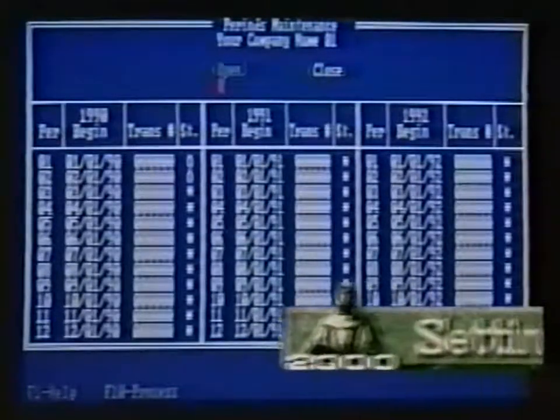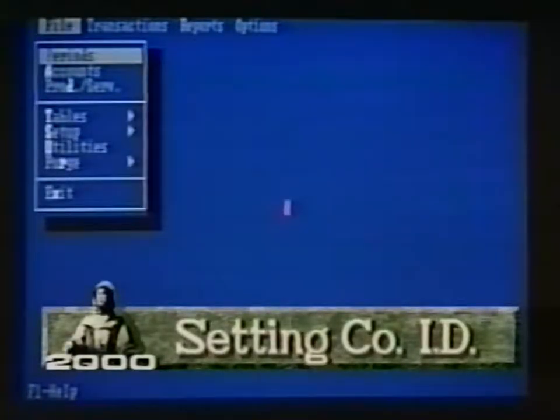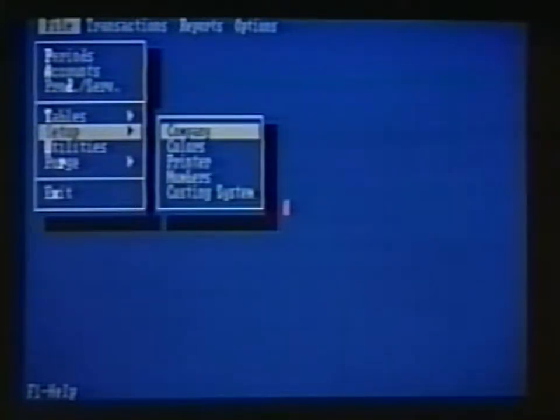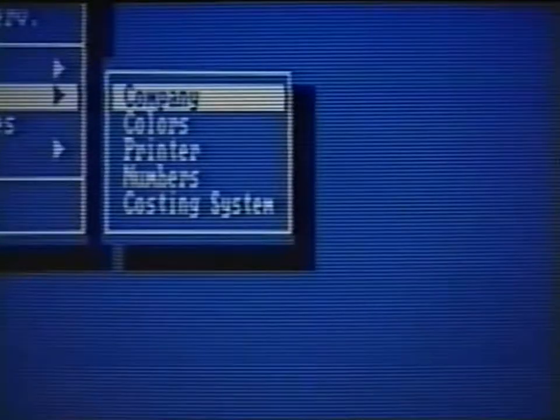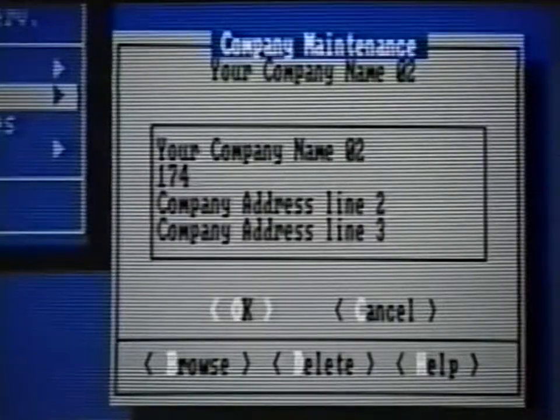Next, we need to add our company name and address to Pacioli 2000's files. To do this, use the up and down arrow keys to move the highlight bar over the setup command in the file main menu. Now, press the enter key to select the setup command. At the secondary menu, press the enter key to select the company option.